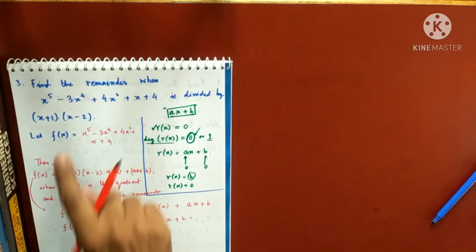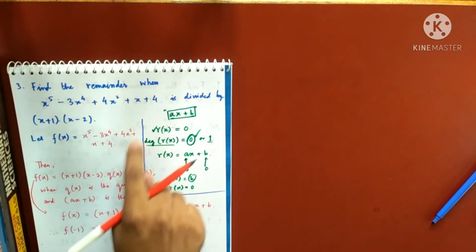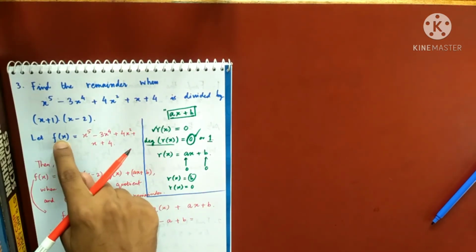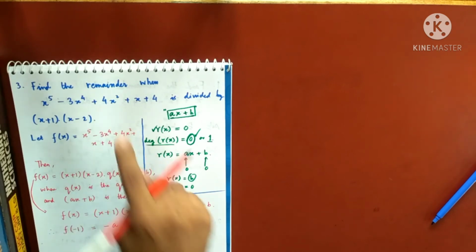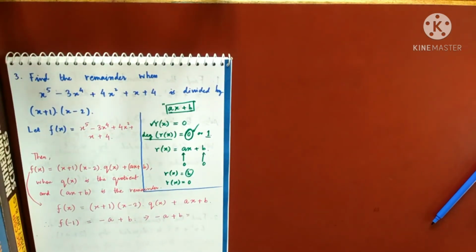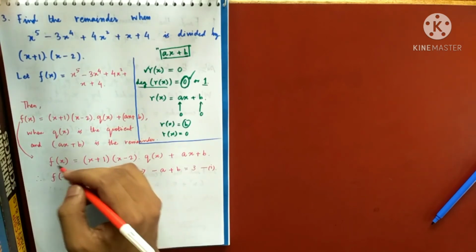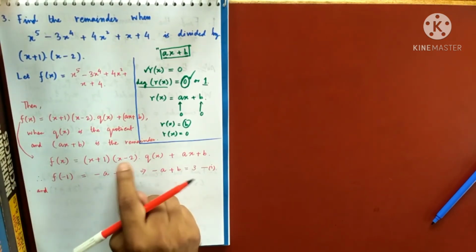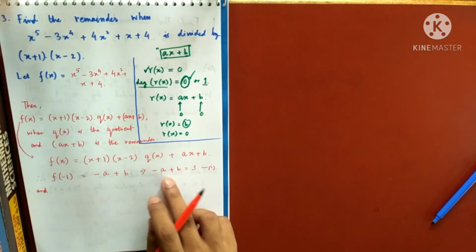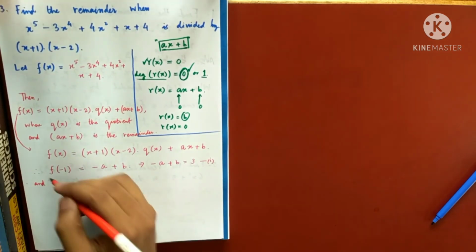You can find f of minus 1 from here. Put x equals to minus 1 here to get f of minus 1. And f of minus 1, you should get something like 3. You may just check. So this is my equation 1. Similarly, you put the value 2, because there are two variables. You should have two equations to solve them uniquely.